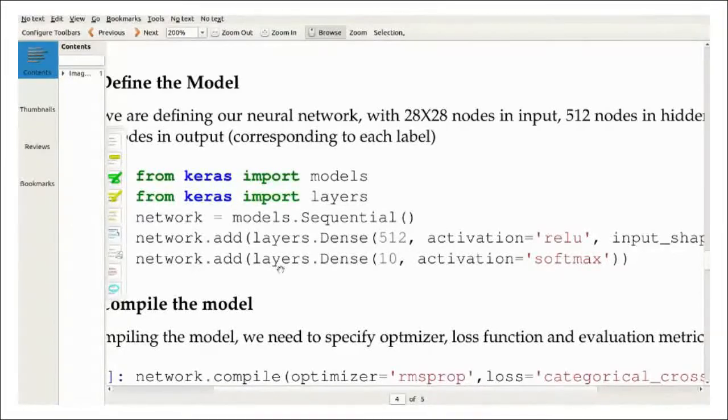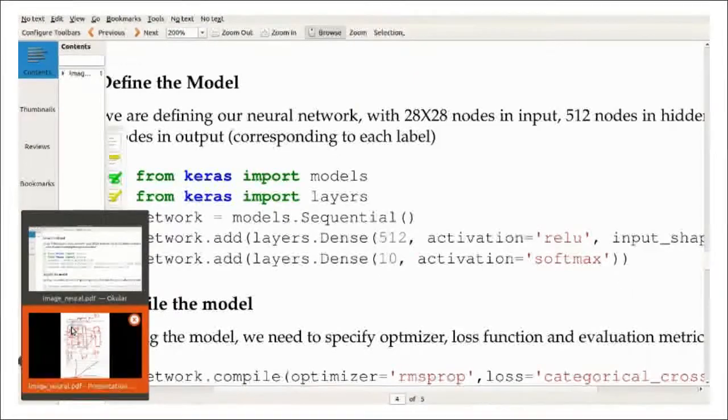If you want to add one more layer, you can add one more layer here, no problem. You can specify the number of hidden layers and the number of neurons here. Then this is the output layer with 10 neurons, and the activation function we are using is the softmax function. So the output will be a 10-dimensional vector, as you can see here. We have 10 values here. Each neuron will get some value, and we will take the neuron with the highest value.